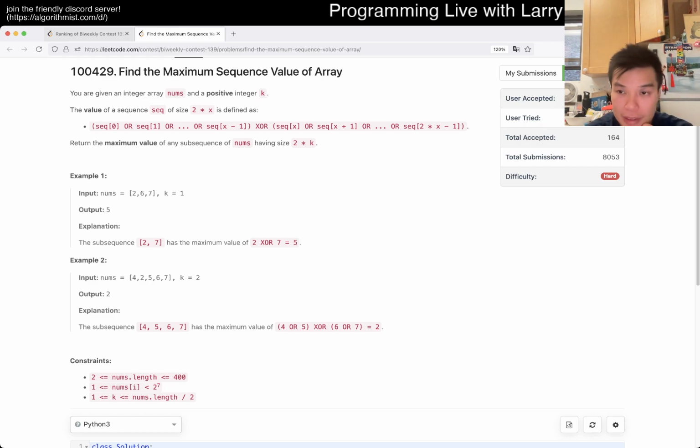It wasn't for K. This was okay. So for the K part, we just do a left right, we do a rolling sum, and we did that already. And now we want to care about